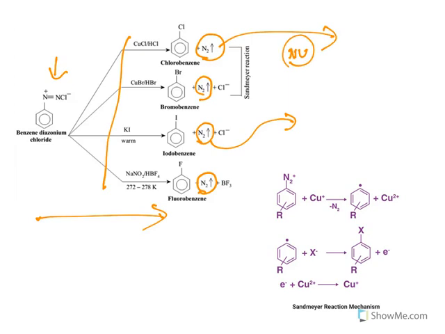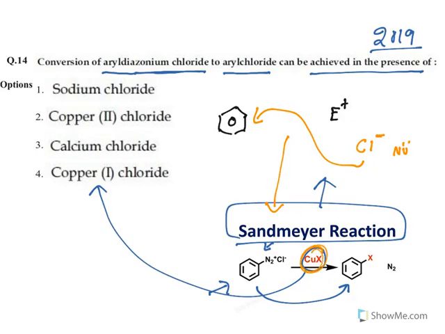And one more uniqueness is the nucleophilic substitution, and the reaction is like this. So aryl diazonium, the copper in +1 state, and it occurs with a single electron transfer kind of reaction, and finally it regenerates the copper in the +1 state. So what do you need to understand? What is required and what the conversion is. So again, this is from 2019. All these reactions are very important.